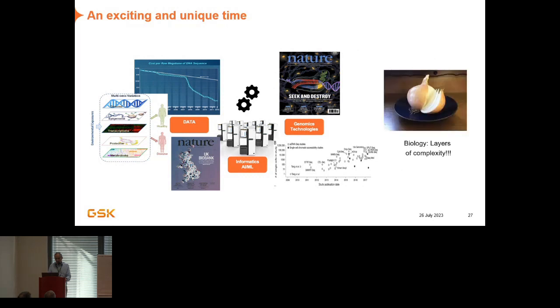The only thing I will say, maybe because I've been in that business for many years, is that it's all very nice, but sometimes with more data and more technology, biology becomes more complex. That's why I've got this onion here. It feels like peeling an onion, with layers and layers of complexity, and I'm not sure it's much easier to find a new drug than it was 10 or 15 years ago. But it is exciting, because we probably understand better what we can do and what we cannot do. Biology remains challenging.